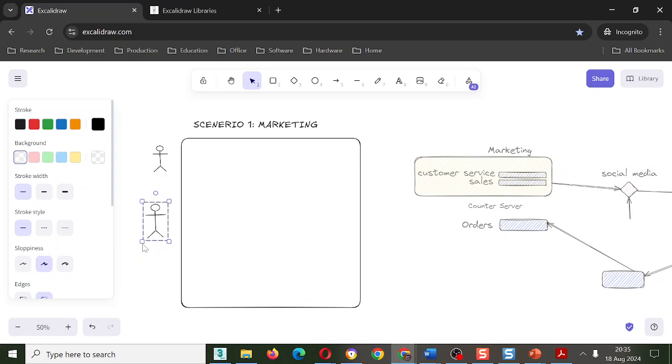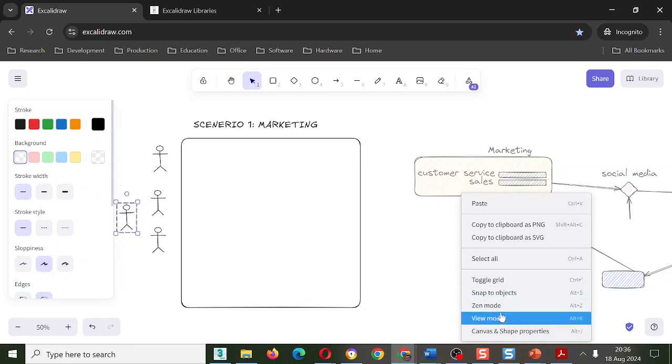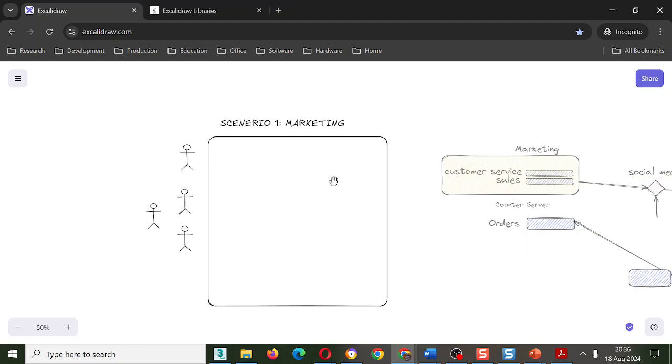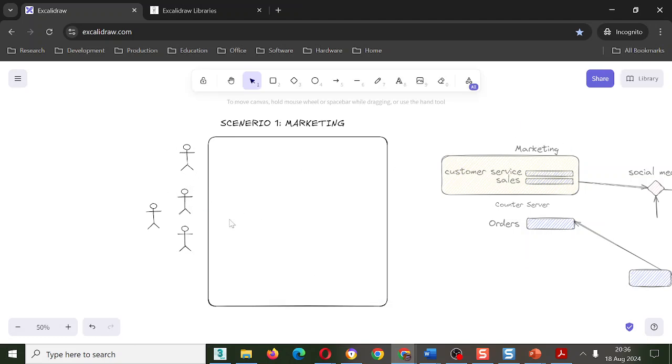But the restaurant also may have more than one persona because you have the marketing people and you have the orders people, the ones who deal with orders. So how you deal with generalizations is that in the restaurant, I have two actors. I have this actor. Let me put this one out here. And this actor here. These are two different types of actors within the restaurant. Okay, how you represent them again is up to you because you're creative. You're not trying to focus on artistic things. You're just trying to make things clear to audiences so that they understand what you're talking about.